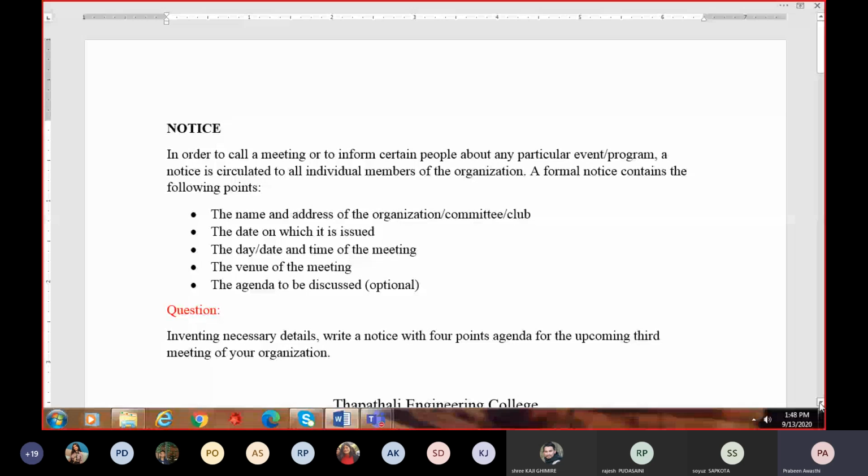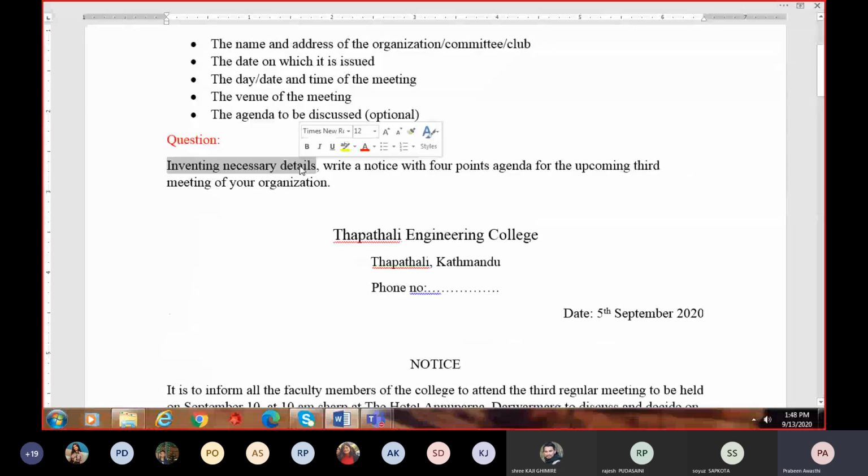Look, inventing necessary details is something some of the students find complex, because you have to invent and think of all the things: time of the meeting, date of the meeting, venue of the meeting, agenda to be discussed. All the things you should think. So, inventing necessary details, write a notice with 4 points agenda,